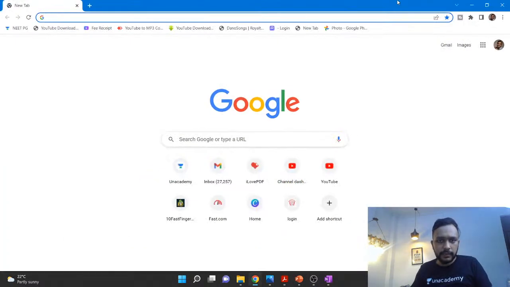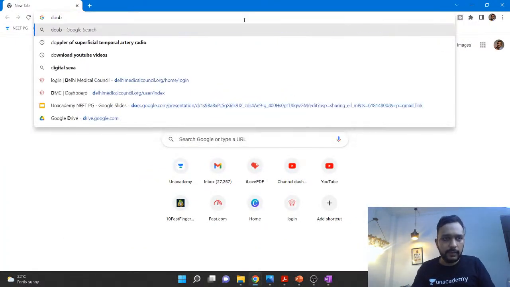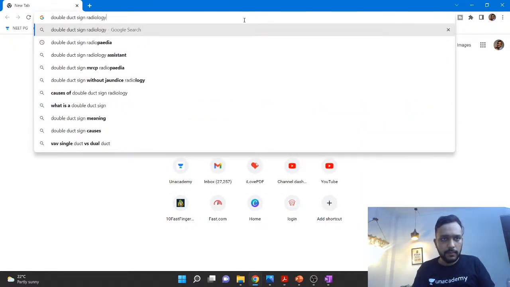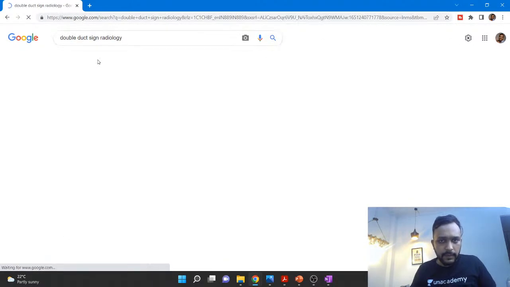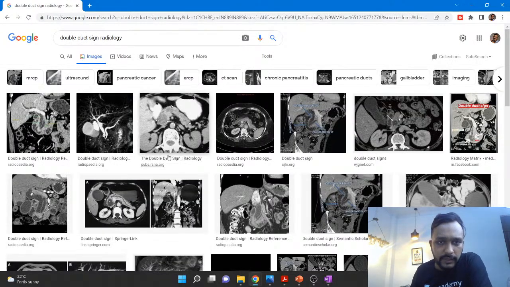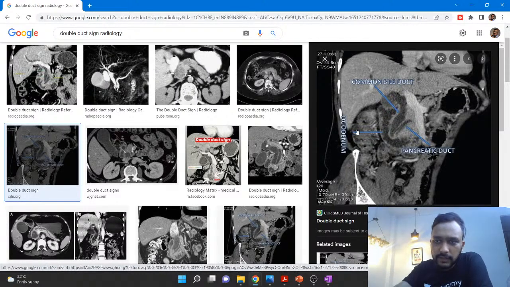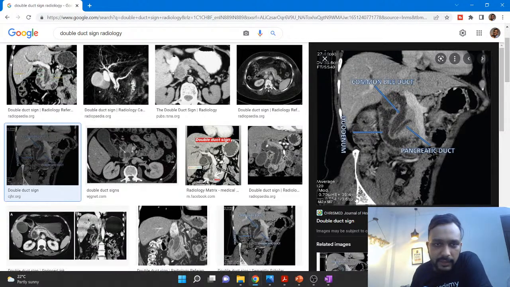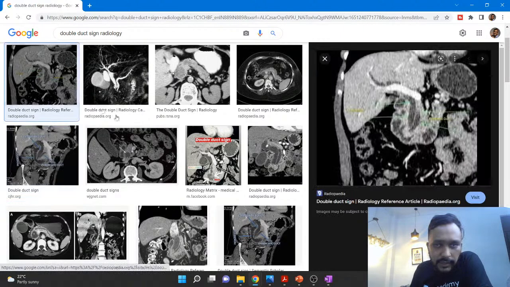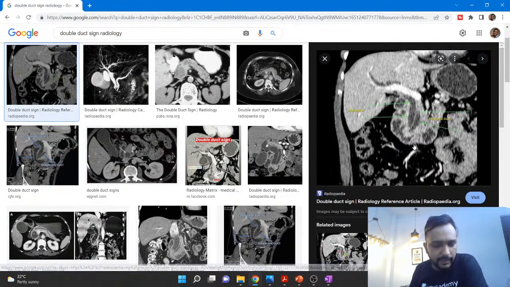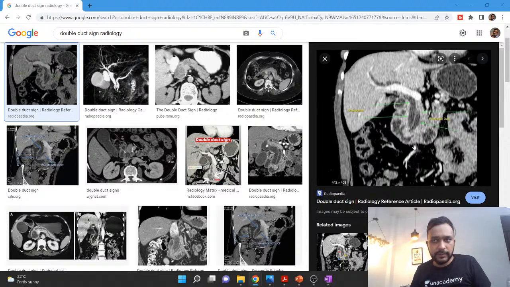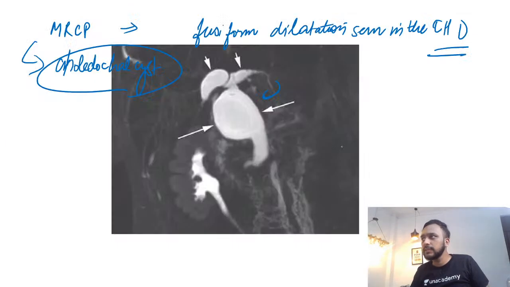Okay, let us see the double duct sign as well. If you are going to see an image of the double duct sign, guys, in this case you are seeing dilatation of the common bile duct, and you are seeing the dilatation of the pancreatic duct as well. So in double duct sign we are going to see dilatation of both the common bile duct and the pancreatic duct. But here in this case, guys, we are just able to see